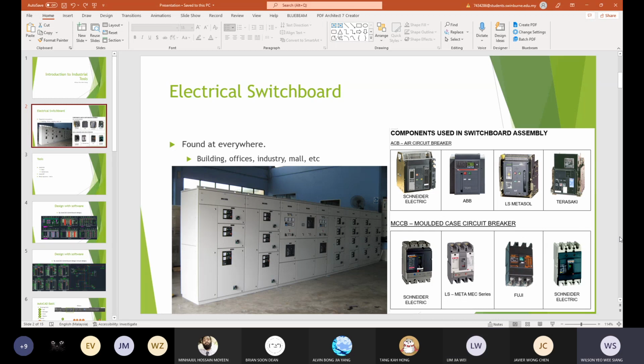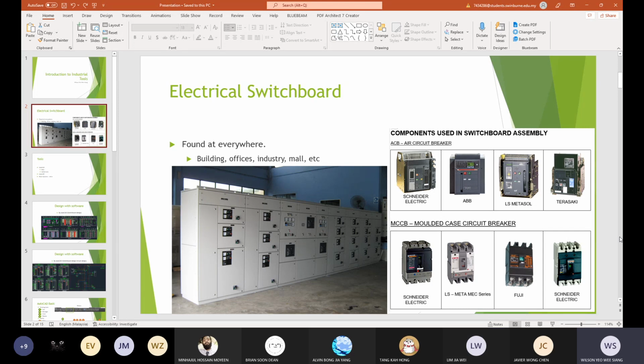So yeah, I would like to go very technical about this one because it's highly important when it comes to exposing you guys to the industry of the electrical field and to work as an electrical engineer, contractor, consultant, or even just a manufacturer. There's a lot of components, but I won't be going through that for you guys. But just a brief understanding of the components is that all switchboards have